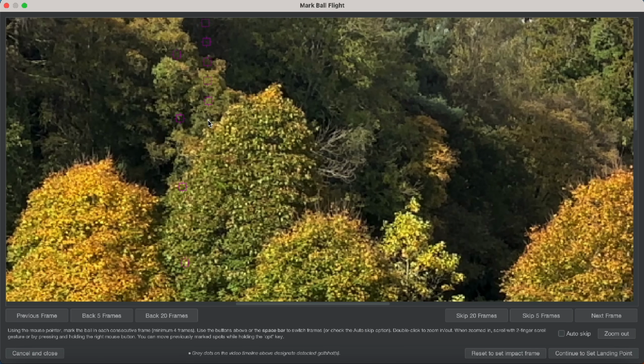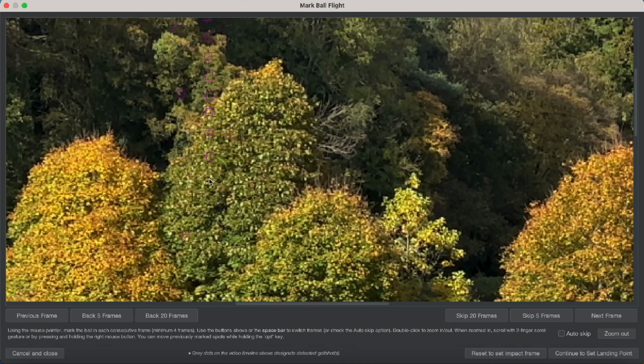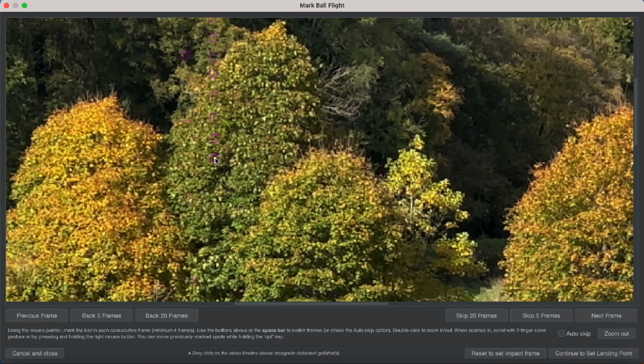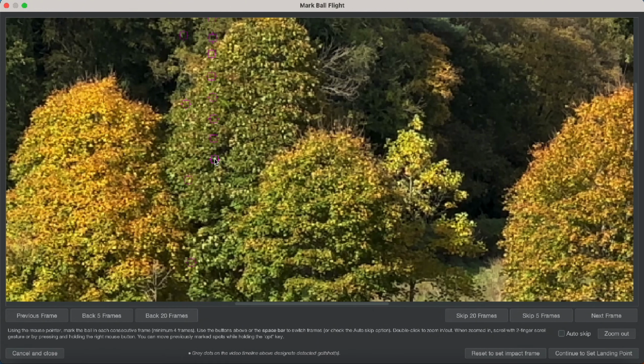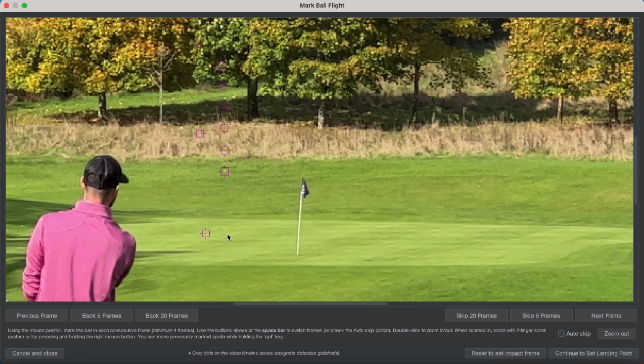So you get the idea, just spacebar, click on the golf ball. Generally, it's pretty easy to pick up, but normally with the camera angle, you wouldn't really see the golf ball coming back down. You don't always have to click on each frame as well. You can skip to the next one if it's just a dead straight flight. Right, and then we're going to continue to set landing point,